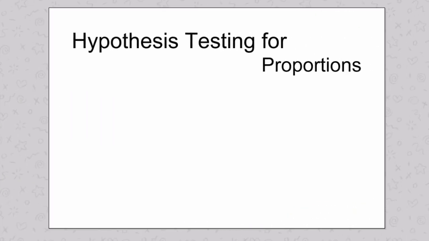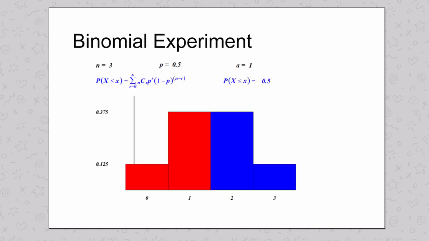This presentation is on hypothesis testing for proportions. This is in terms of the binomial experiment. Either the event happens or it does not happen. If you try 3 times with equal probability, then the expected number is 1.5, and therefore normal approximation to the